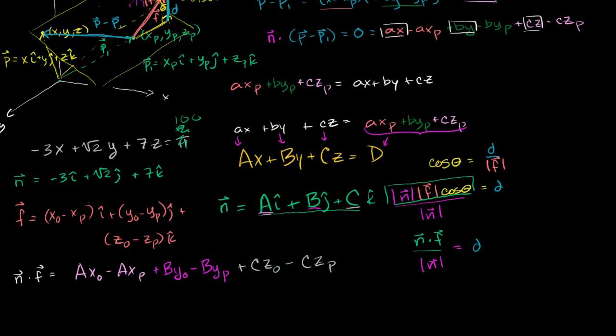So what's the magnitude of the normal vector going to be? It's just the square root of the normal vector dotted with itself. So it's just each of these guys squared, added together, and you're taking the square root. So it's the square root